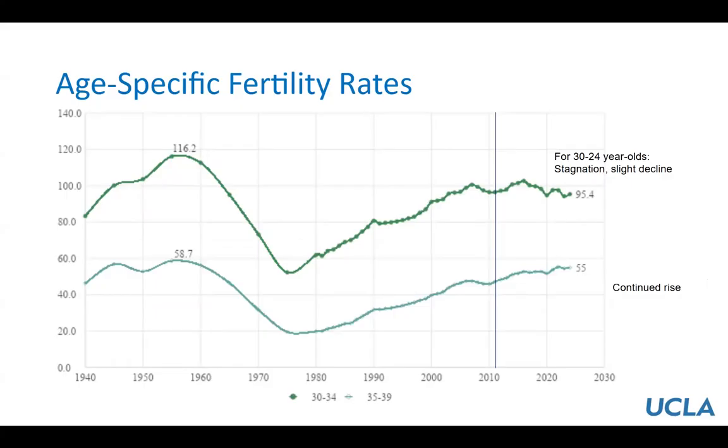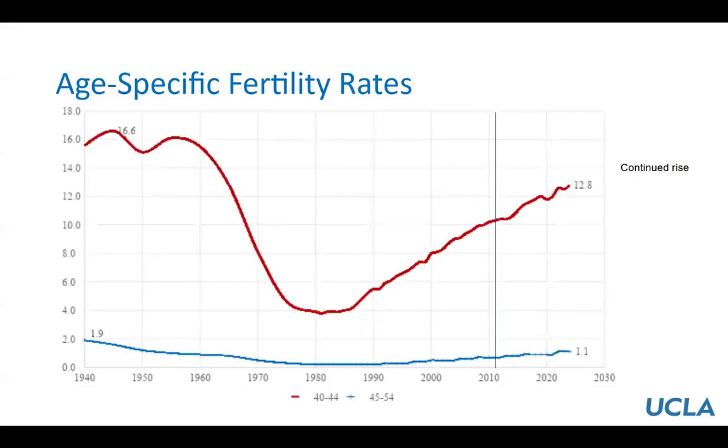So you can see right here, if you're looking at 30 to 34-year-olds, the rate has gone up. But since the Great Recession, instead of continuing to increase, we've seen those stagnate, though we've seen a continued rise for women in their late 30s. And finally, if you look at older women, that is women in their early 40s, we've seen those rates continue